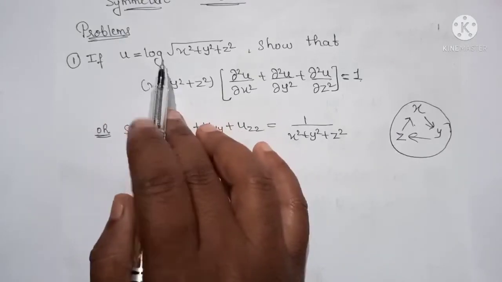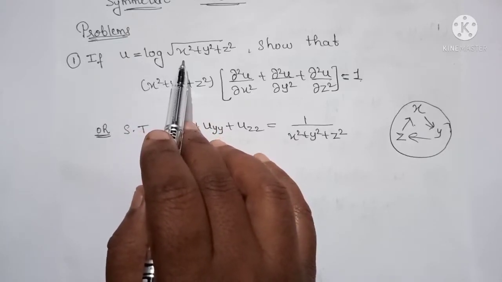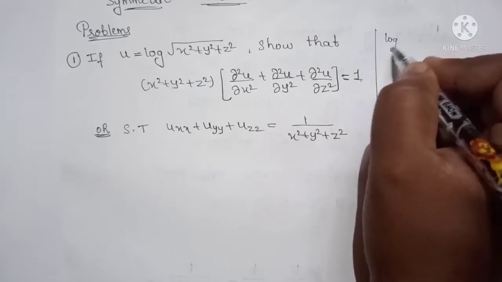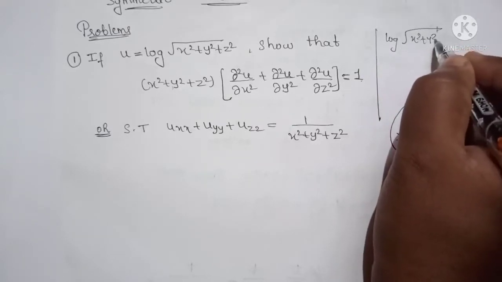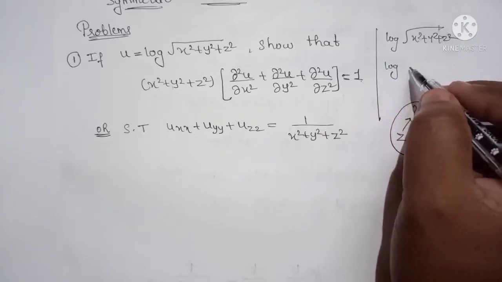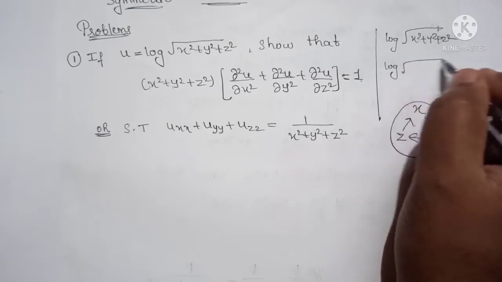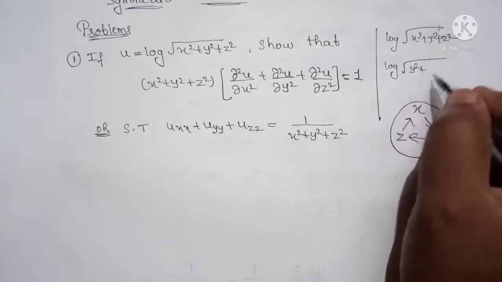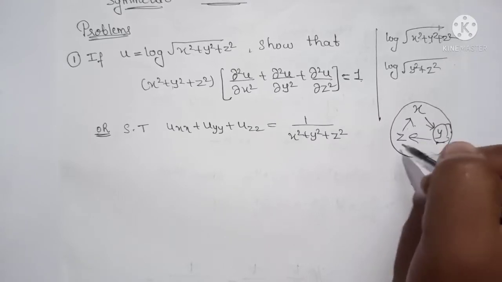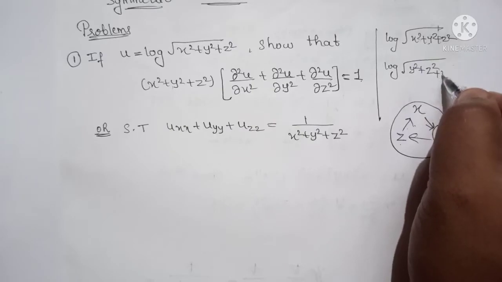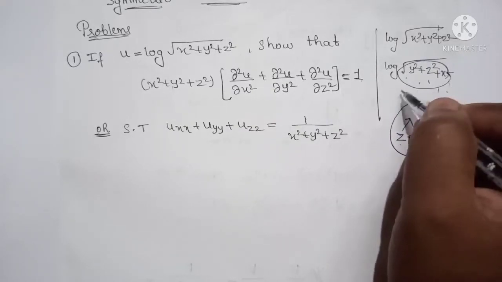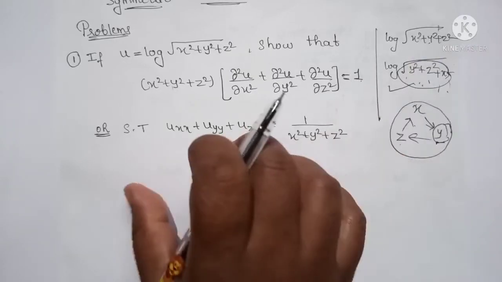In this case you can observe that if I replace x by y, it is log of square root of x square plus y square plus z square. We keep log as it is, only we replace variables, that is x by y. Square root as it is, y square is replaced by z square, so in the cyclic manner, y is replaced by z, z is replaced by x. Again we get the same square root of x square plus y square plus z square. So these type of functions are called symmetric functions.